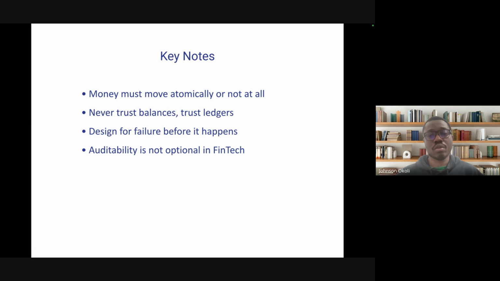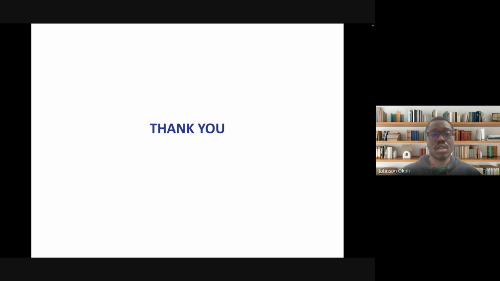And one thing you could do, I mentioned that earlier, is to chain your transactions, that way it's also immune against manipulation or alterations that are not authorized. So you design for failure even before it happens. That means your architecture should factor in failures, factor in negative scenarios, to be able to build and fortify the architecture. Observability is not optional. Yeah, because you have to be able to know what is happening in your system at any point in time. So it's important the system keeps logs.